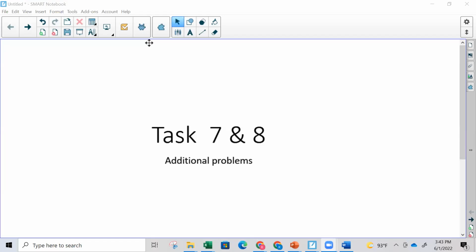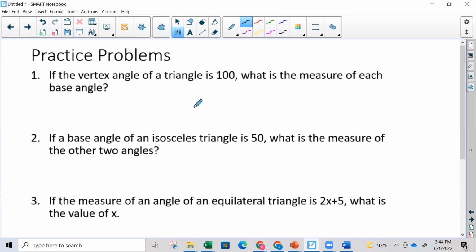In this video, I'm going to do a few extra practice problems on task 7 and 8. So this will be all on triangles. A lot of it is focused on the information from task 8. There's a few problems that have to do with isosceles triangles, and that is task 7. So we're going to look at a few problems of finding angle measures given either an isosceles triangle or an